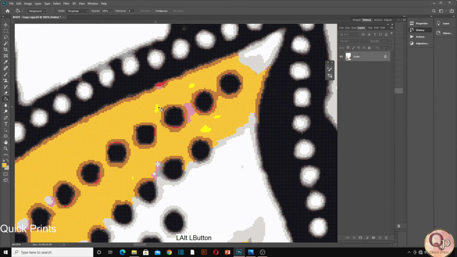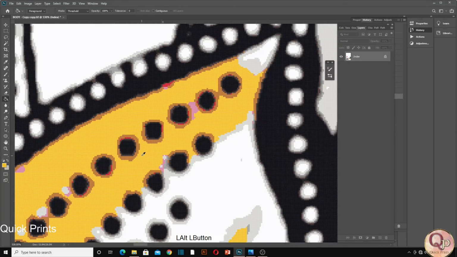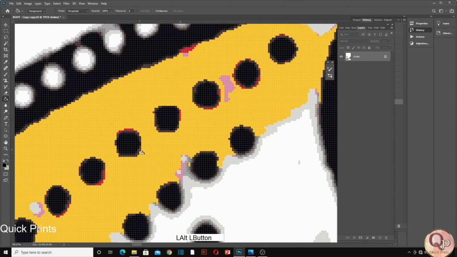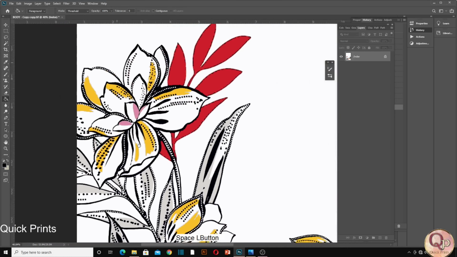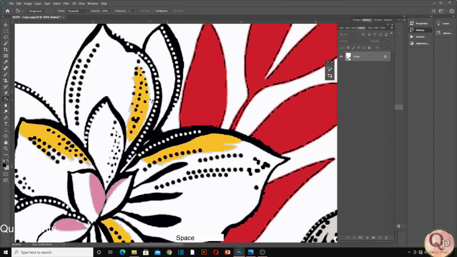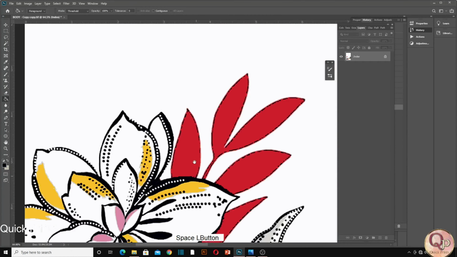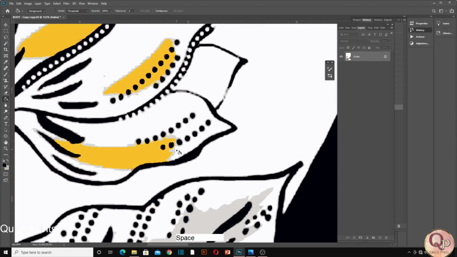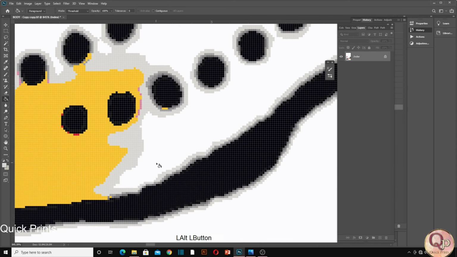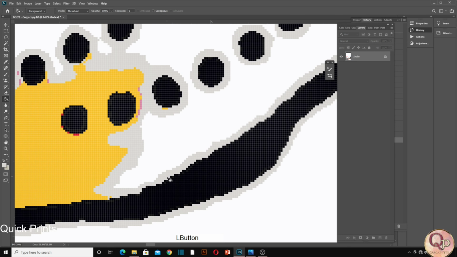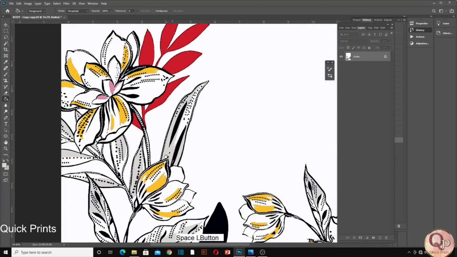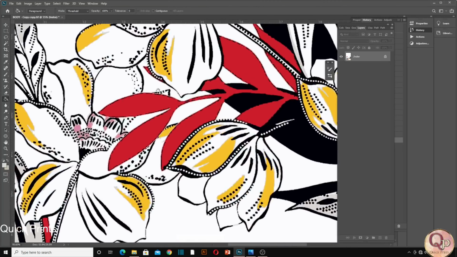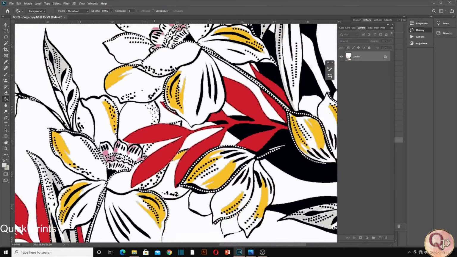If you are not comfortable with the color table, you can start working like this, like Alt and fill, right? Let's make it one color, right? Okay, so let's see if anything else is left. Whatever the color you want to use, you can fix it like this. Pick it, fill. Fill here, fill here, fill here. Like now the colors are reducing. You can see how the pixelated artwork is becoming a clear artwork.